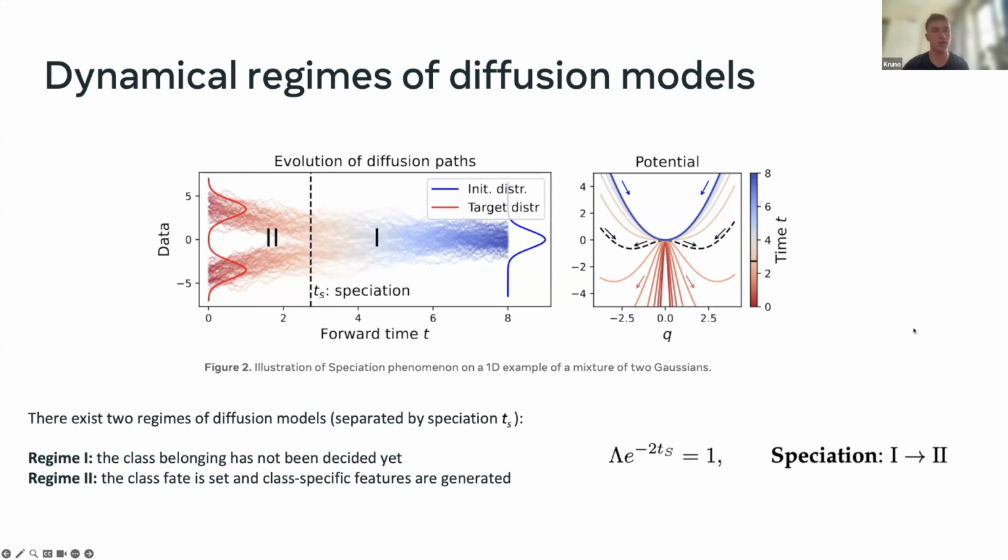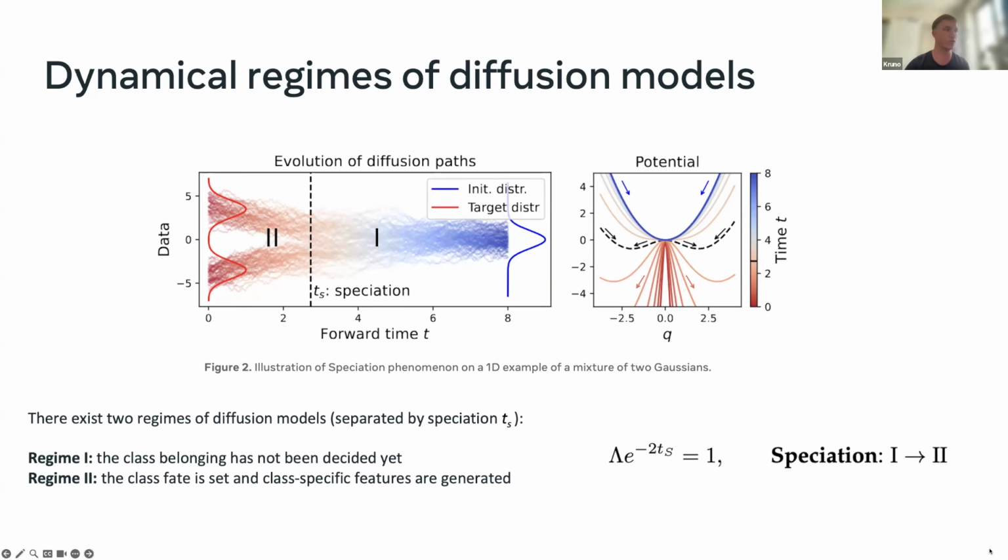They analyze this through high-dimensional Gaussian mixtures, and to calculate the speciation time, you need to find out the lambda here, which is the eigenvalue of the principal component of the covariance matrix of the data. But there are definitely a lot of works currently on dynamical regimes, and many works have shown that these can also be found in more complicated data, for example, data that lives on manifolds, and there are a lot of empirical works in which they see this speciation phenomenon arising.